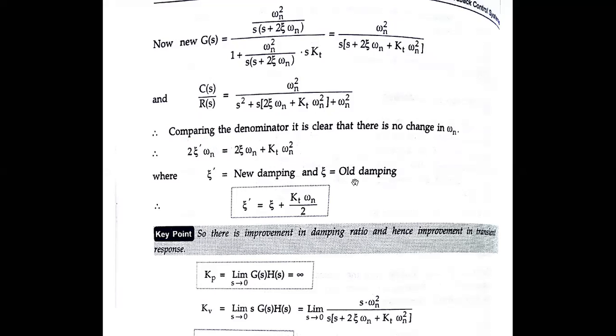Okay, and what was the old damping factor? It is only eta. So therefore the formula now gets changed to, you just find the value of eta dash. So what you should do, you should divide this particular value here, the whole value should be divided by this 2 omega n, like this. This is 2 into omega multiplied by n. Okay, so this 2 omega n will be cancelled out with this. So what remains? Only eta, which is here,